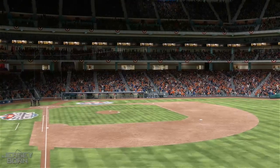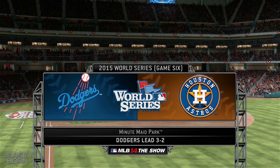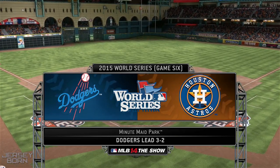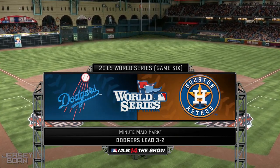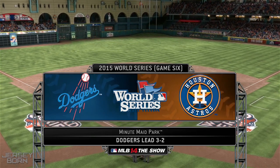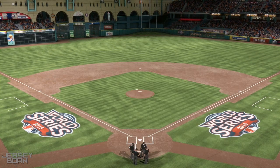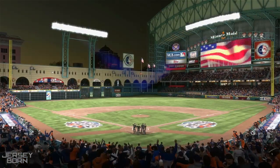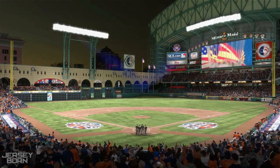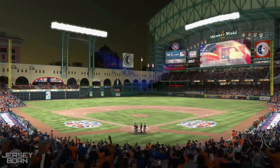Good evening, baseball fans. You are tuning in to Houston Astros Network, and we are here at Minute Maid Park for Game 6 of the 2015 World Series, a matchup between our hometown Houston Astros and the visiting Los Angeles Dodgers. The series is currently 3-2 in favor of the Dodgers, and this is a very crucial Game 6 as the Dodgers have a chance to go home with the trophy, and the Astros are looking to stay alive and